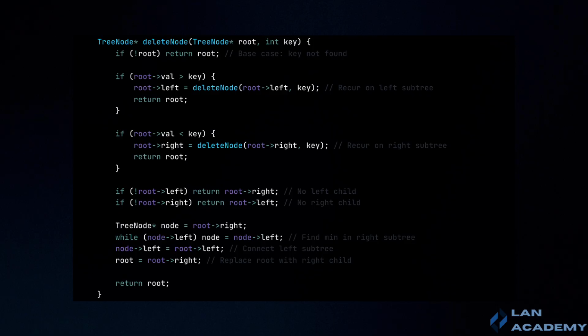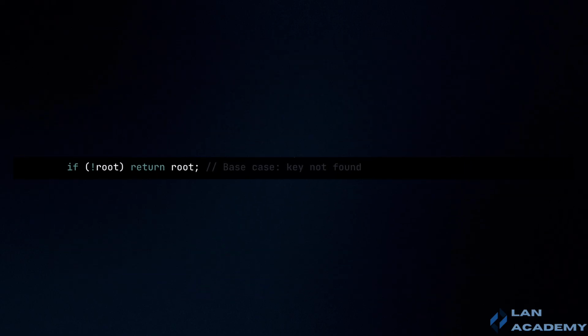The deleteNode function uses a recursive approach to search for the node with a specified value and adjust the tree to maintain its BST properties after deletion. Initially, the function checks if the tree is empty. If root is null, the function returns null, indicating there is nothing to delete. This base case handles the scenario where the tree is empty or we have reached a leaf node without finding